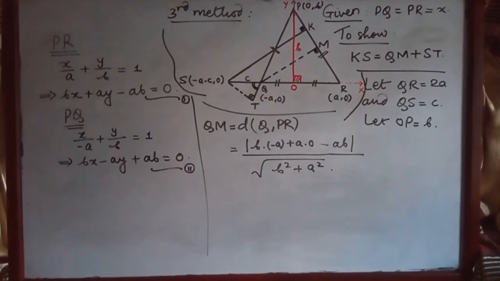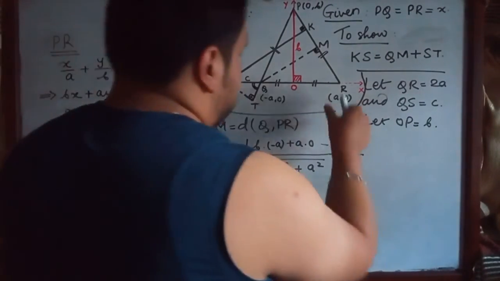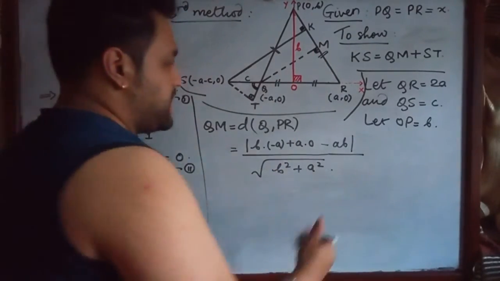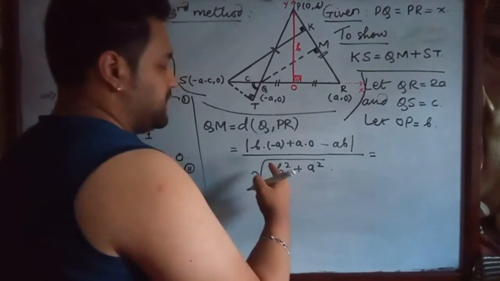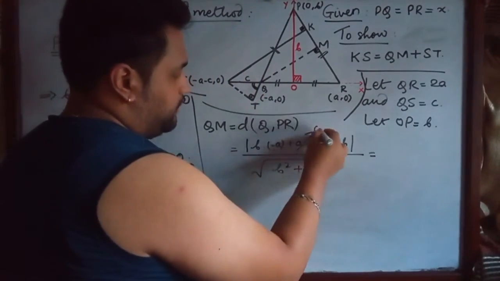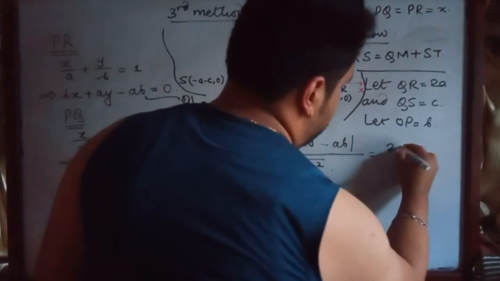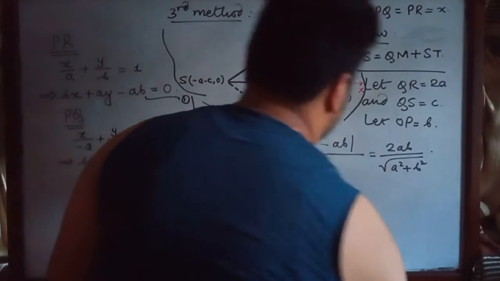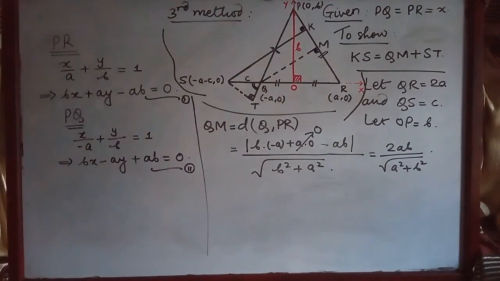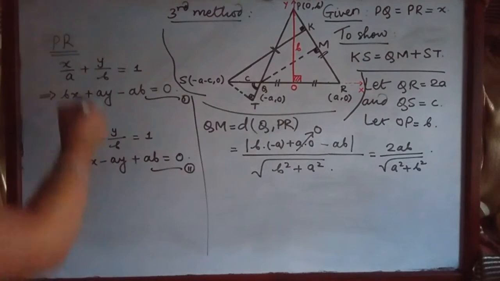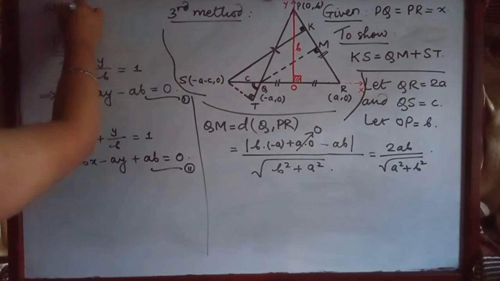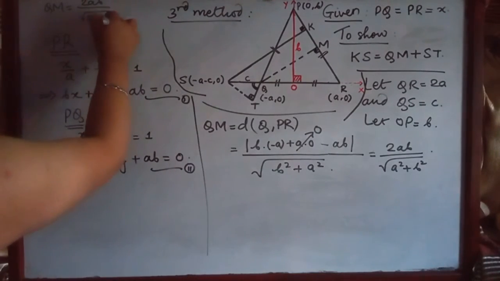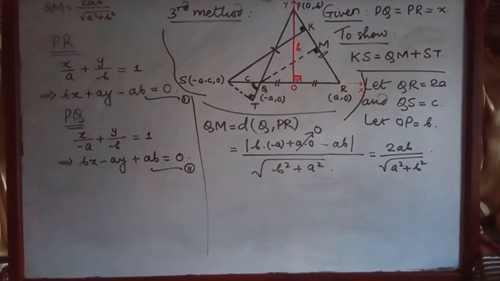Since a, b, c are lengths, they're positive, and so this simplifies to minus twice ab, meaning twice ab over the square root of a squared plus b squared. So we have QM equal to twice ab over the square root of a squared plus b squared. Now